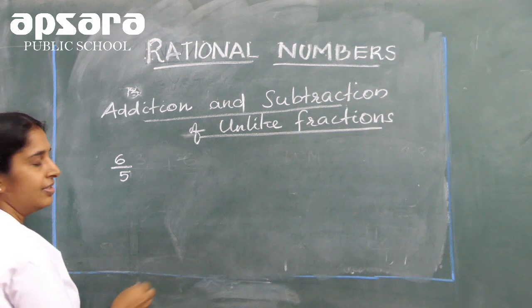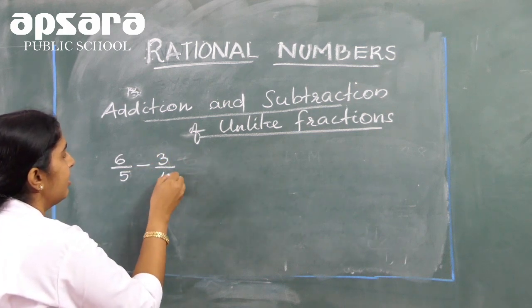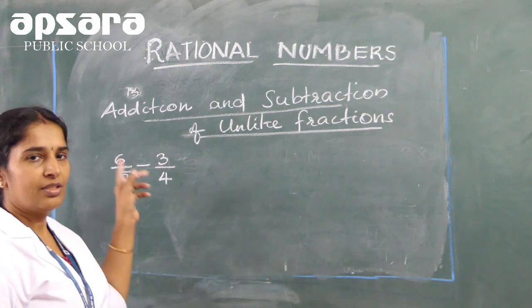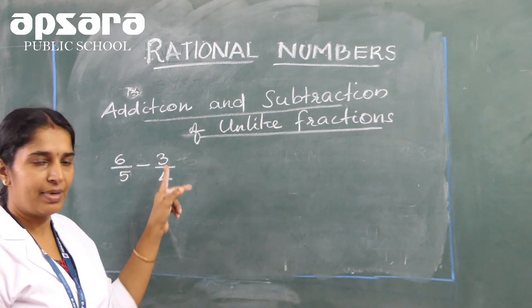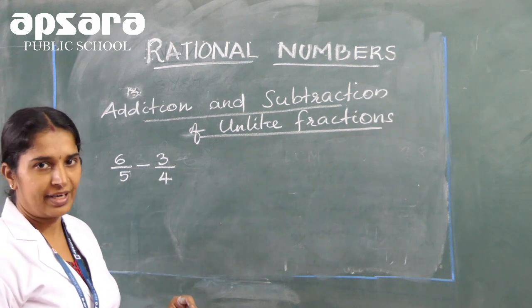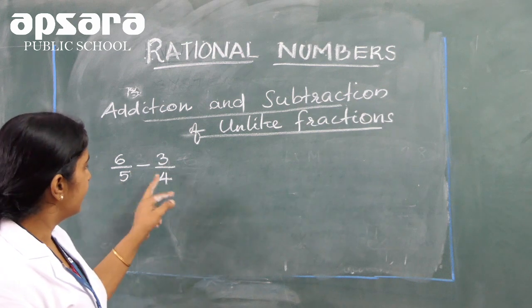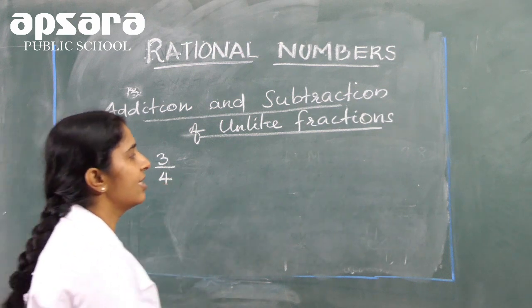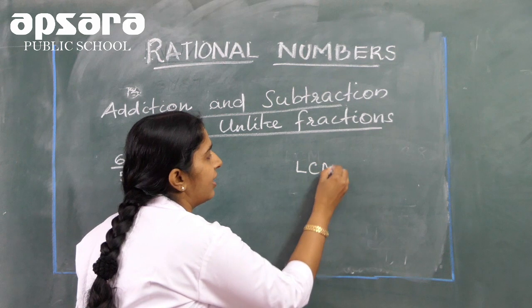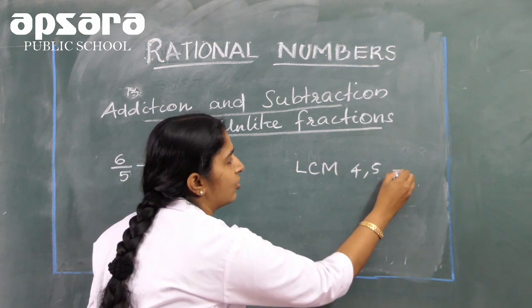6 by 5 minus 3 by 4. Here you can see that the denominators are different, 5 and 4. So what is the first step? You have to find the LCM of the denominators. LCM of 4 and 5 you have to find out. LCM of 4 and 5 is equal to